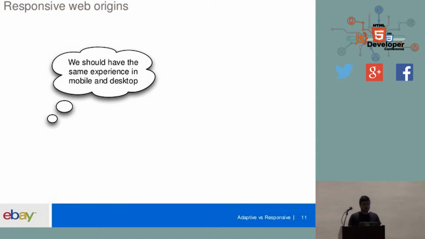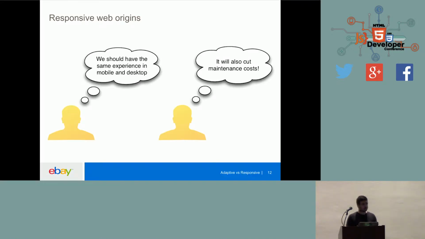So somebody probably went and thought, well, we should really solve this problem and try to have the same experience on both mobile and desktop. And by doing this, you thought, well, this may actually reduce maintenance costs. Right now, we have an adaptive version that releases one version for desktop and then one for mobile. We need to have two teams tackling both sides independently. So let's try to make something responsive.